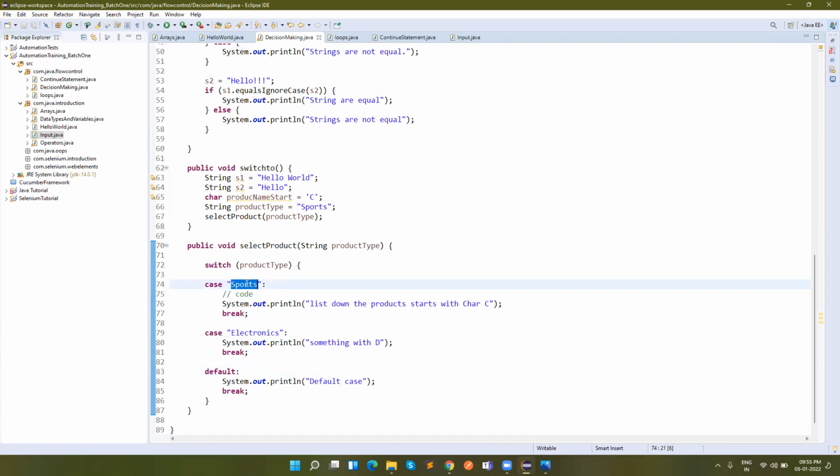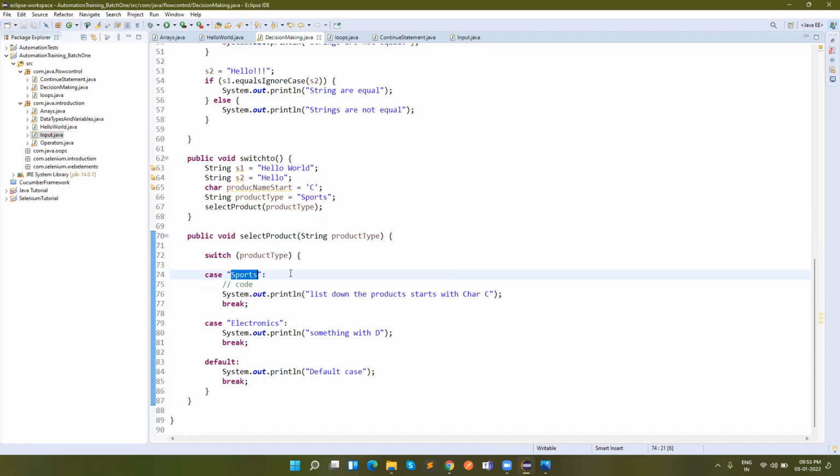So here the input provided in the switch statement will be compared with the cases written, and then accordingly it will execute the proper code, right? So it can have multiple cases and it can have default values as well.